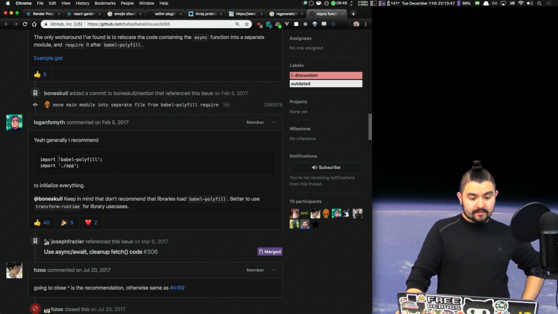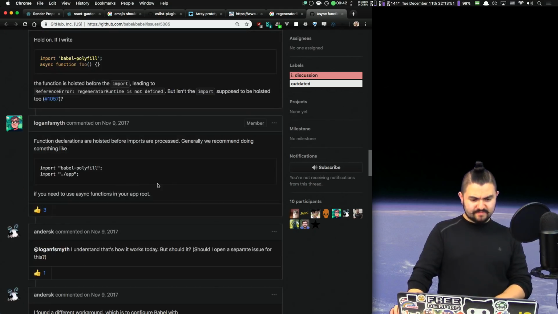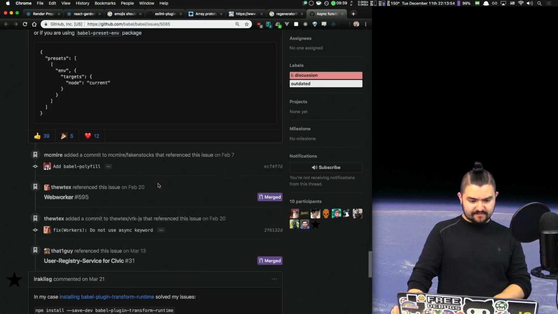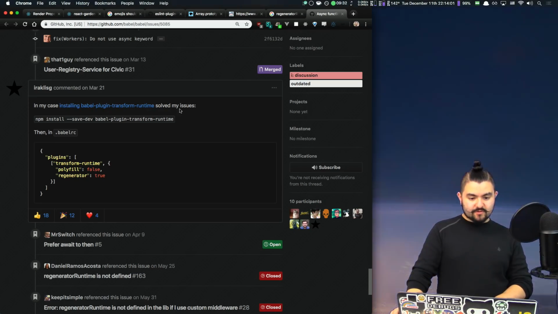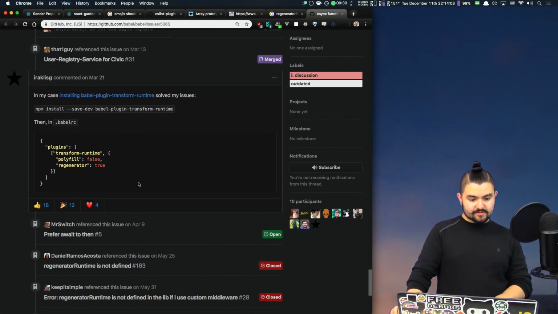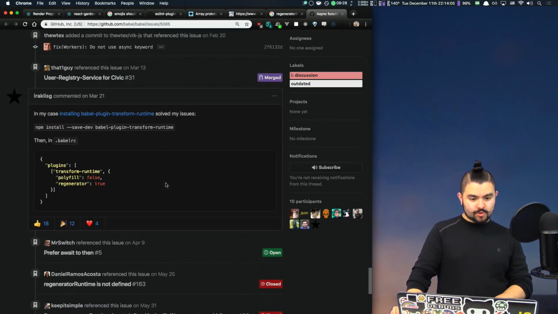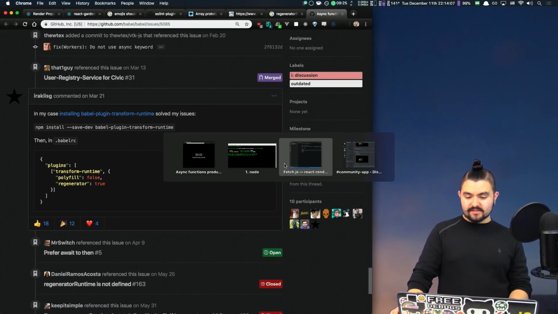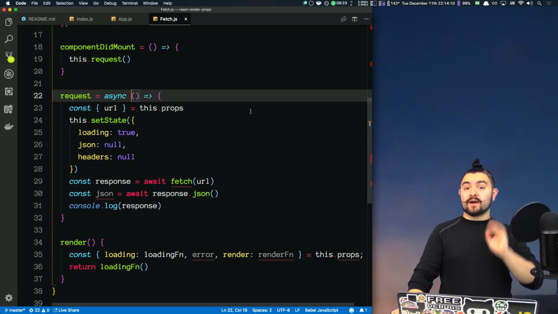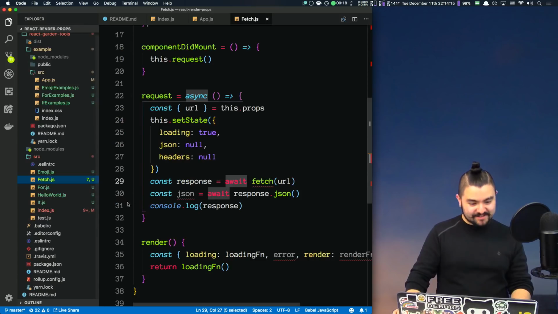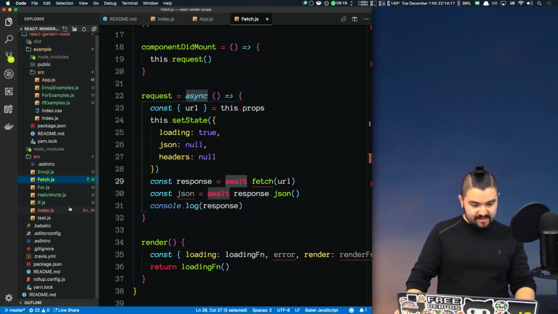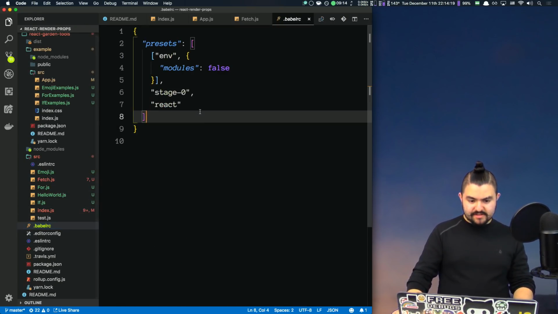Okay. Apparently Babel polyfill will do it. This is an older issue from 2017 though. Is that still the way to fix it? In my case, installing Babel plugin transform runtime solved my issues. This is a little bit more recent. Let's look at the configuration. And by the way, what we're trying to fix right now, async await is broken because it's not configured to use that yet. So if we look at our Babel RC,